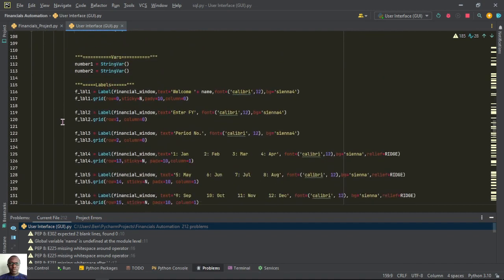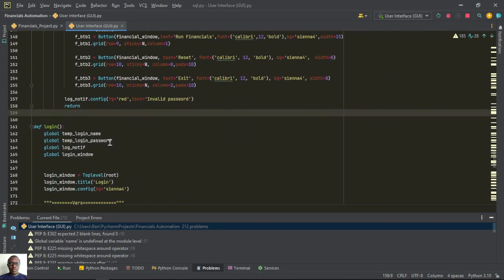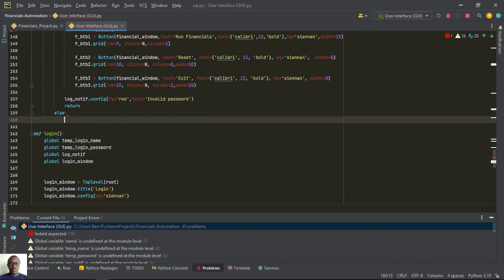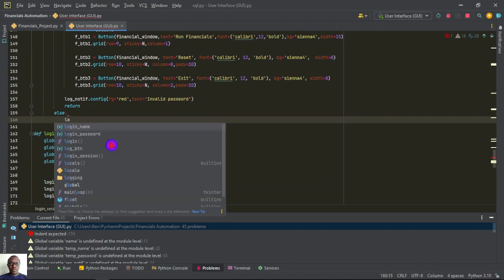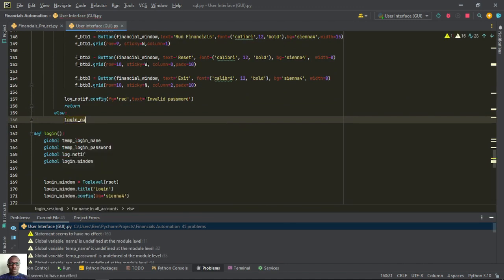So we are coming down here and saying else, then down here login notif dot config in bracket